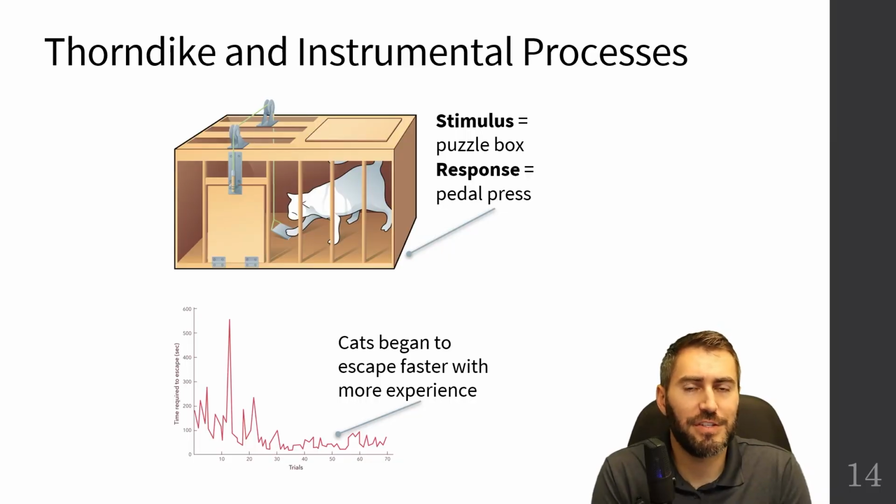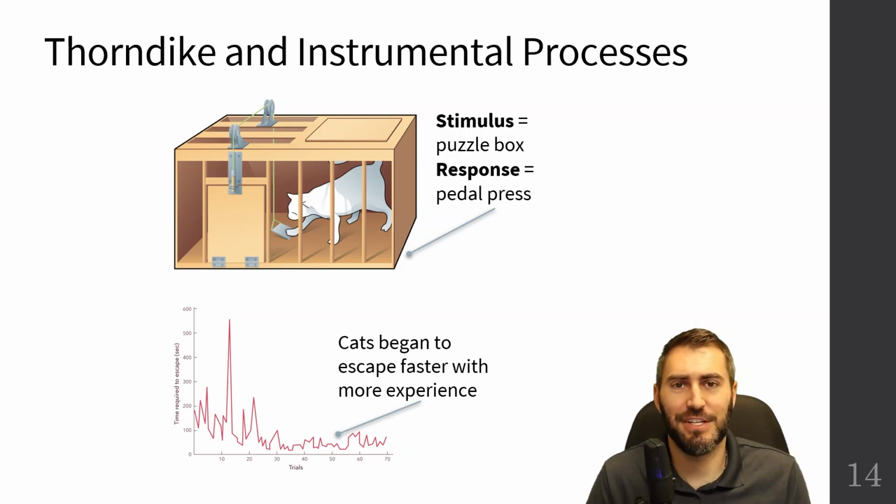One of the first things we want to talk about when we start talking about operant conditioning is the idea of the law of effect. Thorndike proposed the law of effect, which generally states that solutions that work are going to continue to be around and be shown, and solutions that don't work are going to diminish over time. And he presented this through the idea of a cat and a puzzle box.